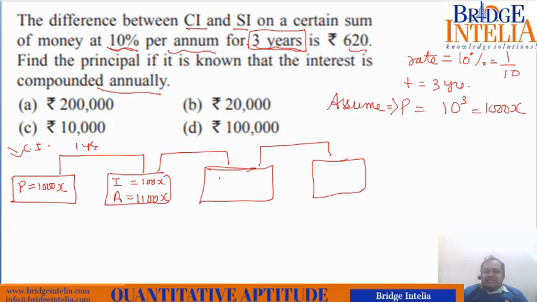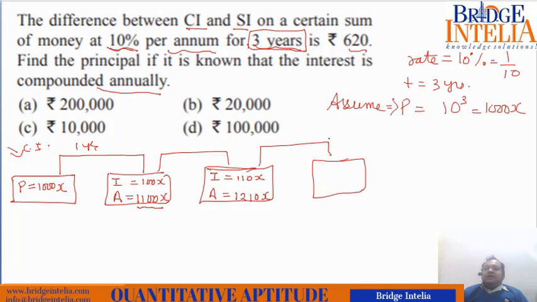1100x. Next year, that means second year, interest that you are going to earn will be 10% of updated amount, the final amount that is in your account. So final amount is 1100x. So 10% of 1100x, that means 110x. So updated amount will be 1100x plus 110x, that is equal to